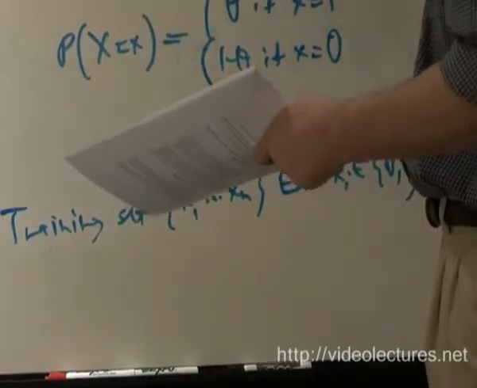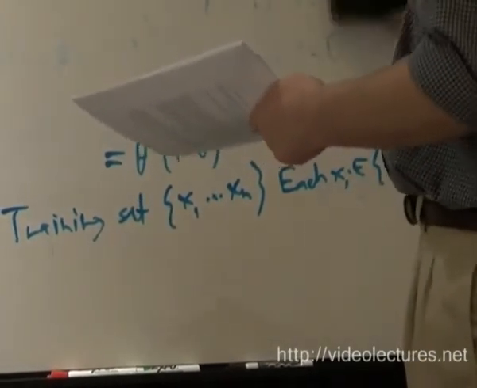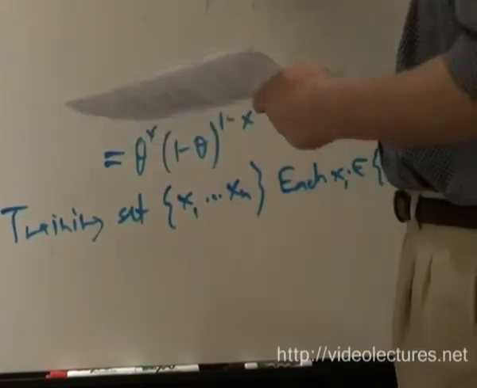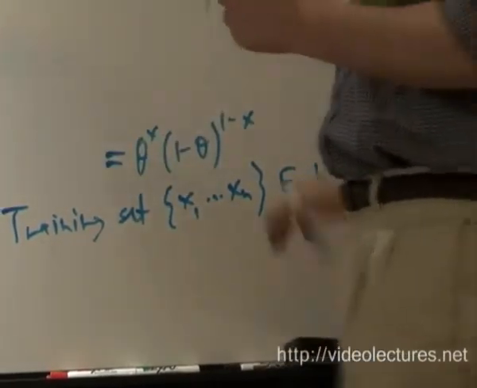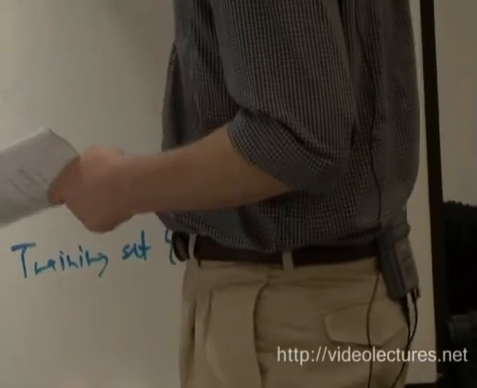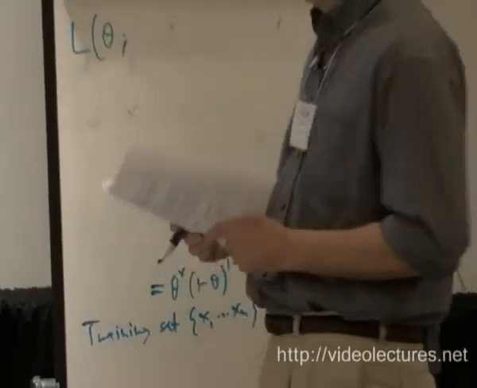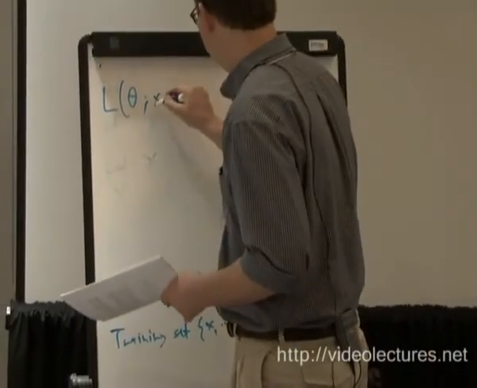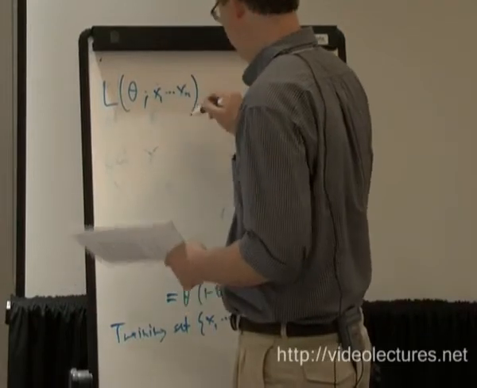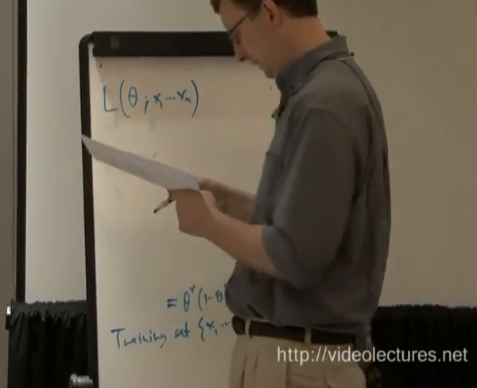Then I want to maximize the likelihood function, so I need to write it down. The likelihood of theta given x1 to xn is